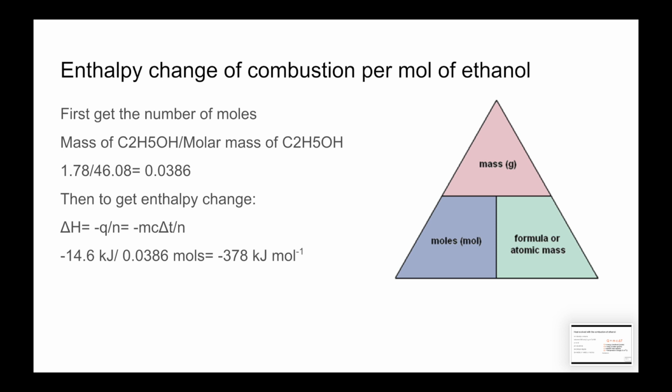And we're going to need to get the molar mass of ethanol, which we can easily find using the periodic table. And it is just 46.08. And we divide 1.78 by 46.08. And we're going to get that we have 0.0386 moles. Afterwards, to get the enthalpy change, we need to do delta H equals negative Q, because this reaction is